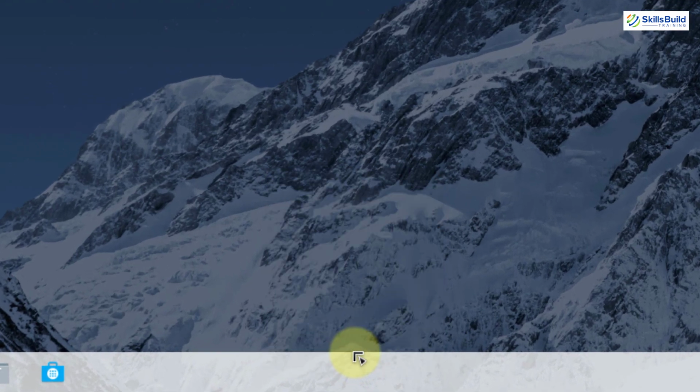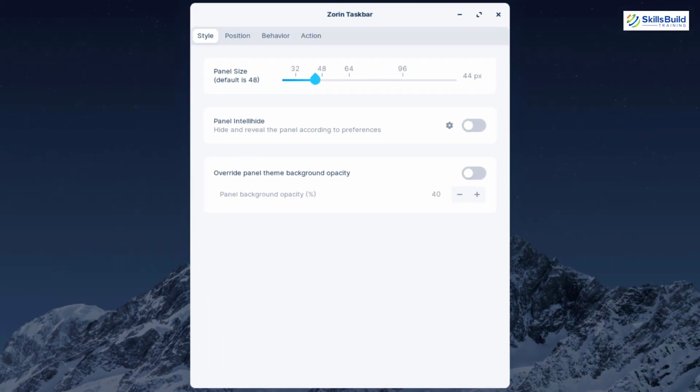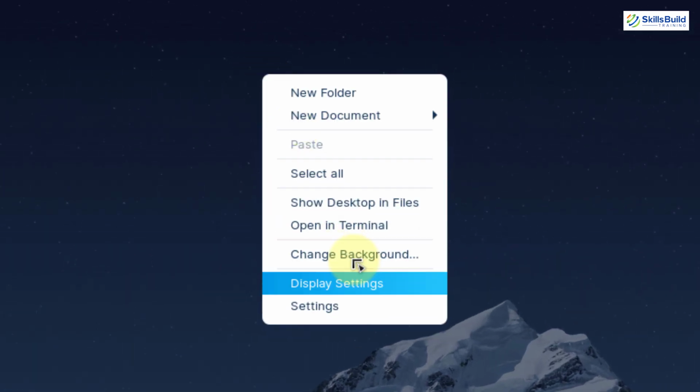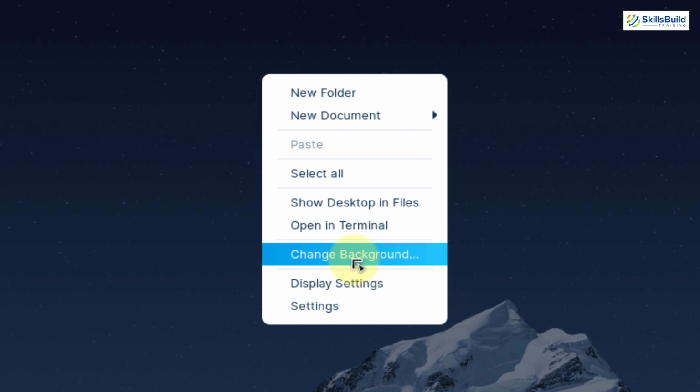So I will right click here. This is the taskbar setting. You can perform a lot of things in here. Here is the panel size, you can increase it, and after that you have position, behavior and actions related to your taskbar. Right click on your desktop and let's see what we have in terms of the backgrounds and